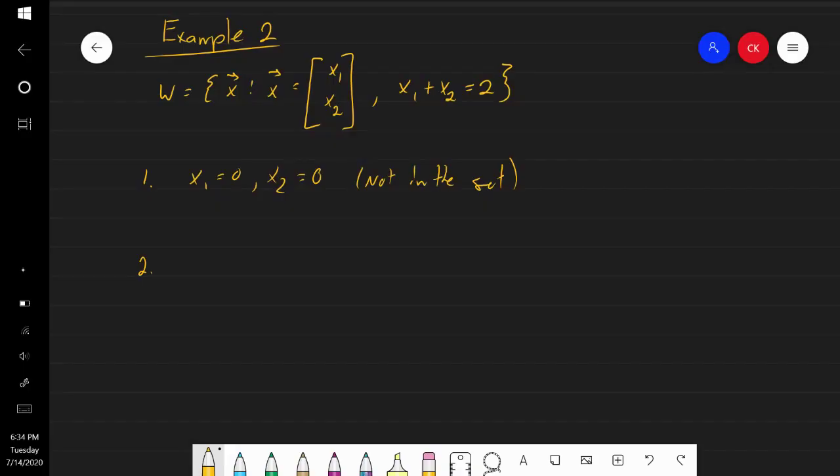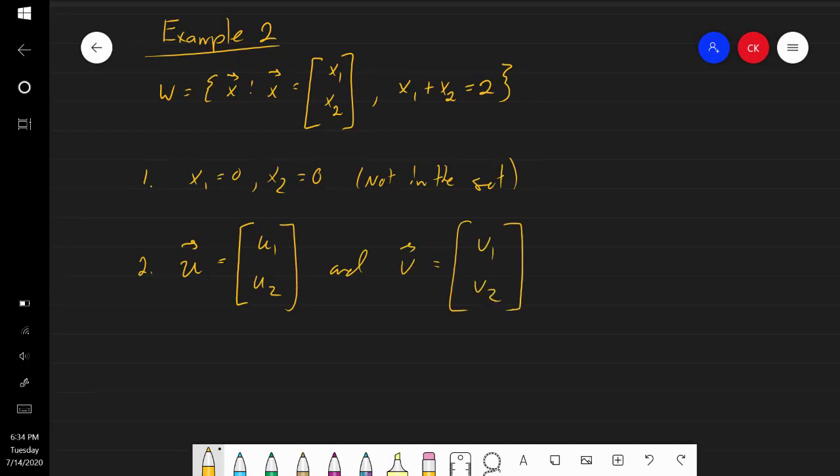So let's go ahead and start working the second part of this, which is our closure under vector addition. And we'll take our generalized vector u in R2. So this is going to be u1 and u2. And we'll take our generalized vector v, which is going to just be v1 and v2. And we need to impose the conditions that are provided, which is that x1 plus x2 equals 2. We can solve this either way. We can either solve it for x1 or x2. It doesn't really matter. I'll go ahead and just say that x2 is going to be 2 minus x1